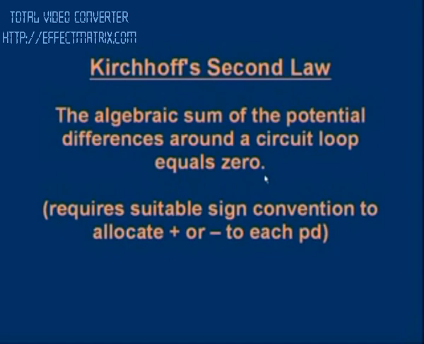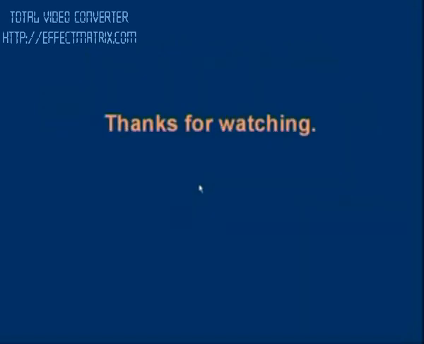We simply say that everything in a circuit loop has a potential difference across it. Some things have a positive and some things have a negative potential difference. And we have a sign convention which will depend on the direction of the current and the polarity of batteries, for example. We'll have a sign convention which means we can give each voltage, each potential difference, a positive or negative value. And if we follow the sign convention, we'll find that the sum of the potential differences around a loop always add up to 0. I hope that's useful. The basic thing to remember is simply that